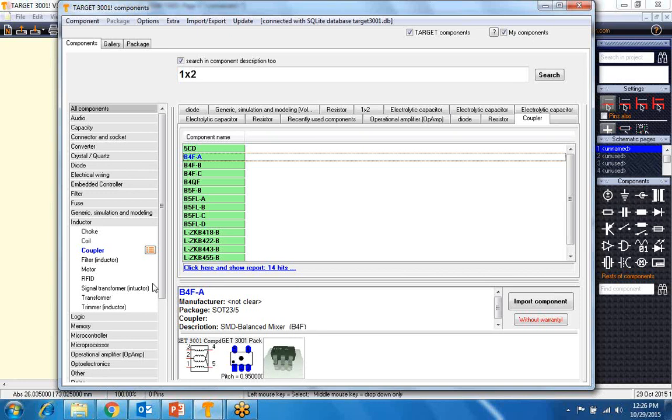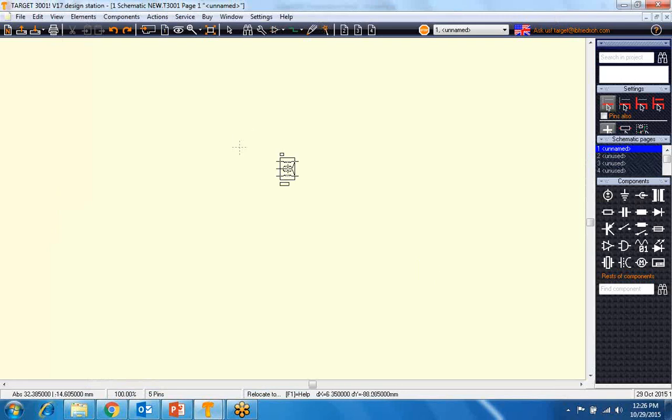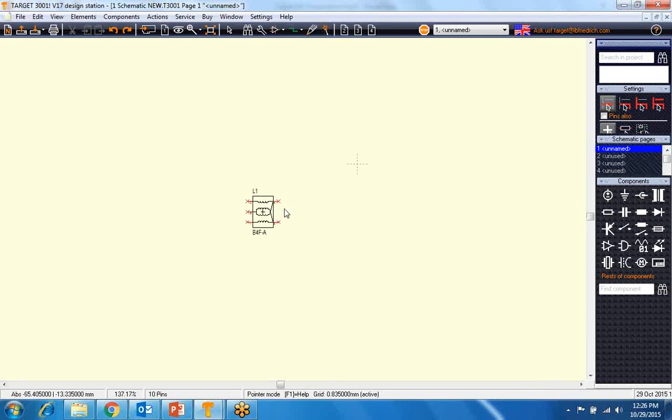If you click on this, you will have the import component. You can place this component in the environment.